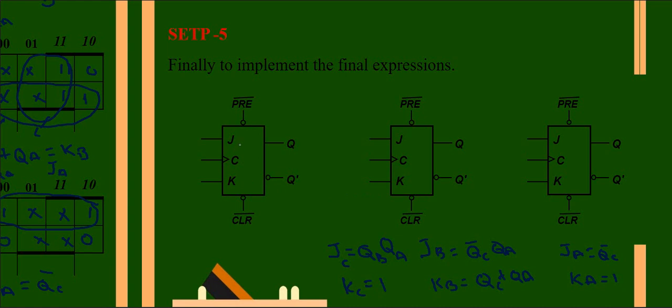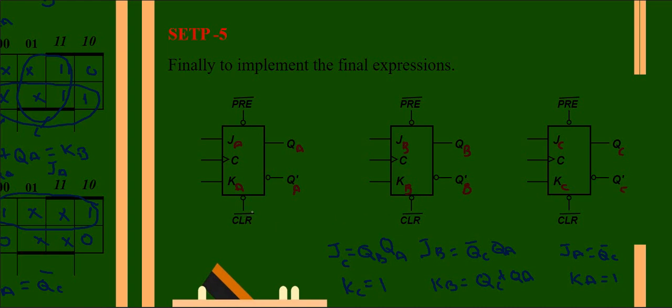So first we will take this one as JA, and in a similar way this one is KA, and this is QA and QA bar. This is the LSB bit. In a similar way here we will go with JB and similarly KB, and we can make QB and QB bar. So this is the second flip-flop. The third flip-flop is the MSB bit. We can call it JC, KC and QC, QC bar.